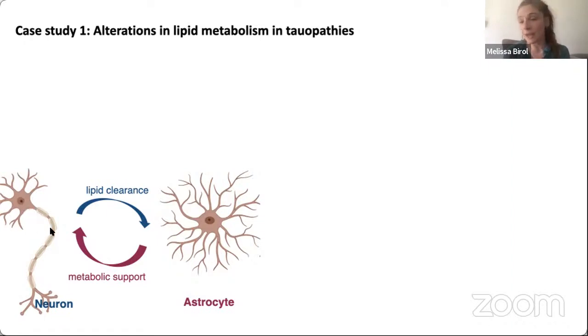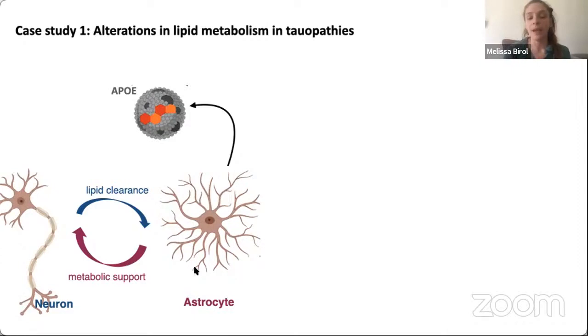But then neurons themselves are really bad at actually catabolizing lipids. So if there's a buildup of lipids, what the neurons do will be to secrete them out, and then the astrocytes are there to actually clear out the excess lipids in neurons. And the main trafficking component in this is what is known as ApoE. And this is an apolipoparticle. So it's a protein that is on these vesicles. And these are produced in astrocytes and they're secreted, and the neurons will take it up and accomplish their